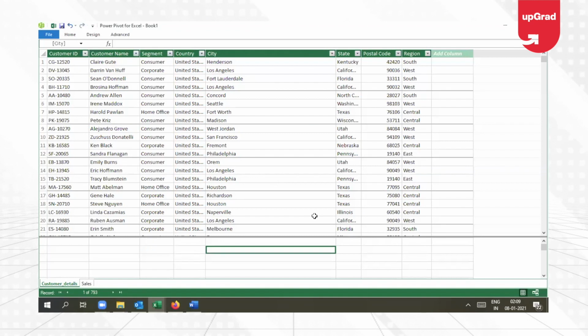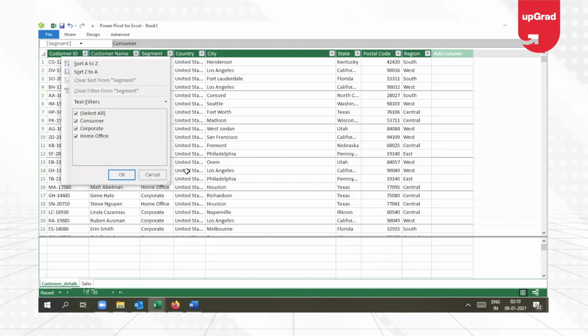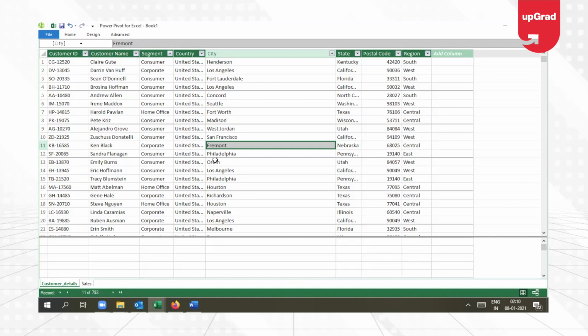What I need to understand is I want to perform a filter function. What does a filter function do? It will filter the data as per your requirement, or give you the data as per the filtered information. When you're doing it in Excel, you actually go ahead and filter, which is also available in Power Pivot. You can filter the data and only get the information for that particular filtered data. That means only that data will be displayed on your Power Pivot screen. But this is not what we are going to do here.